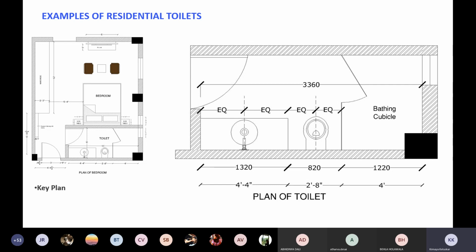As soon as you enter in, you have the bathing cubicle. Now last time I had mentioned 900 is the minimum, but here if you notice, they have a column that protrudes out into the bathing area. Because of that, you at least need to give 1220 mm or 4 feet. Then you see on the right hand side wall there is a window which will also be an access panel to the ducts.